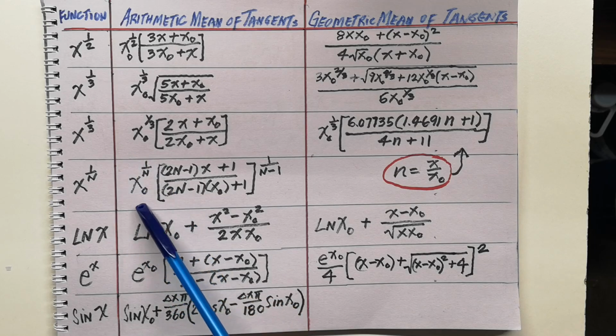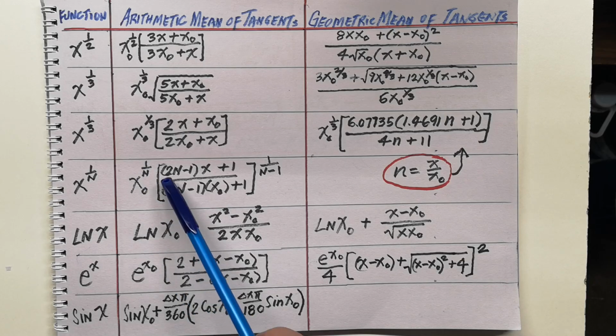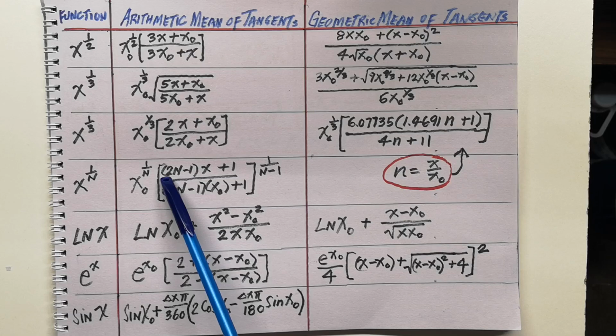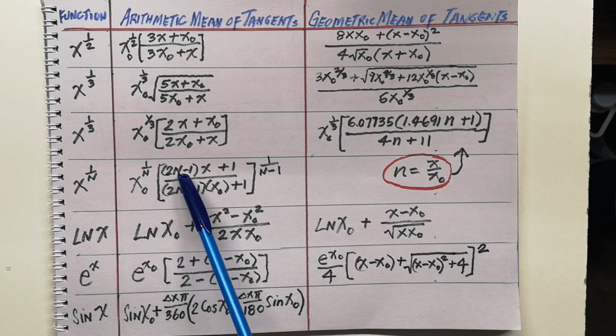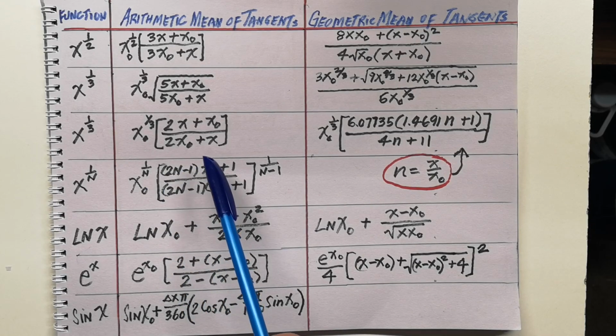if you know this number, x sub 0 raised to the 1 over 100, right? You multiply it by, what is this number? That's 200 minus 1, that's 199. 2 times 100 minus 1 is 199. So it's equal to 199x plus 1 divided by